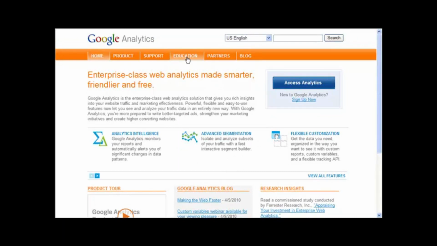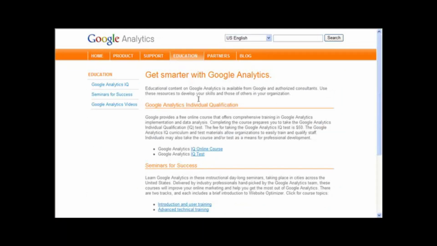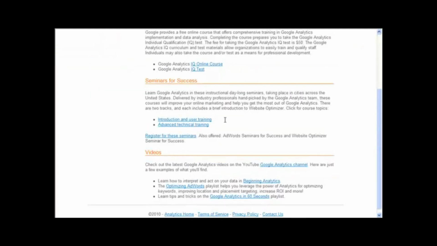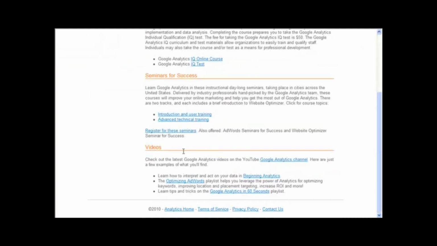If we just click on education for a moment, I just want to show you what's under here. Okay, this is the education page. There are some tests here you can take if you want qualifications, some seminars, and these are the ones that I'm really interested in down the bottom here. Now we're going to have a quick look at analytics, but to be honest, I'm not going to go into a lot of detail because frankly everything you need to know is in here, and this is going to tell you a lot more information than I could give you and a lot more in depth. It's going to give you a lot more value.